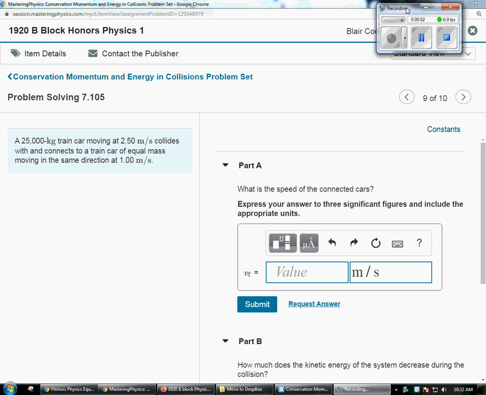Alright, so we're starting with number 9 here. We've got the train car moving at this, collides and connects. The train car of equal mass moving in the same direction at this. If they connect, what type of collision is it? Not only inelastic, but also perfectly inelastic. So, since it's a perfectly inelastic collision,